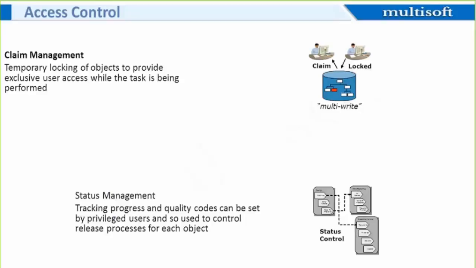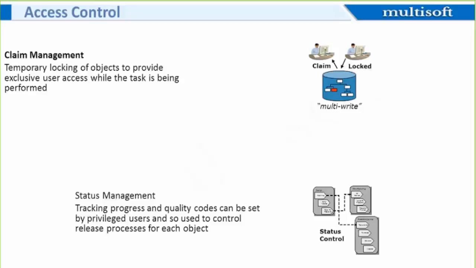The second level of control is discipline level of control, which is controlled by the project admin. This control is based on the user's role. That is, a piping user for piping discipline should be able to change the items within his discipline only. He should not be able to change the structural item or electrical item or any other discipline item. So this is called the second level of access.